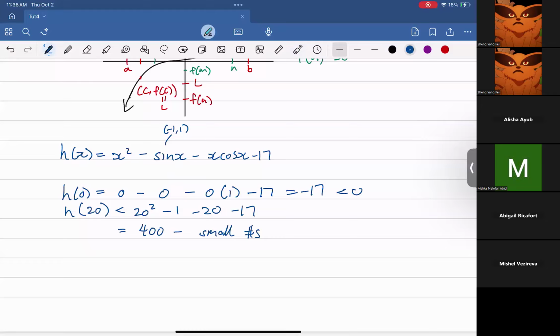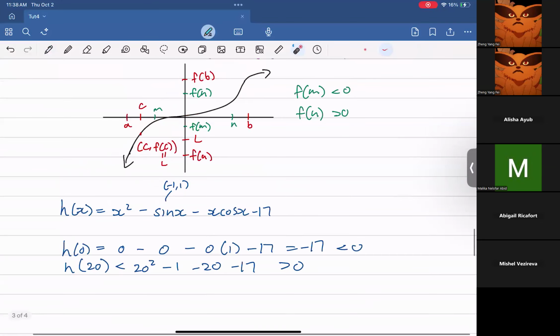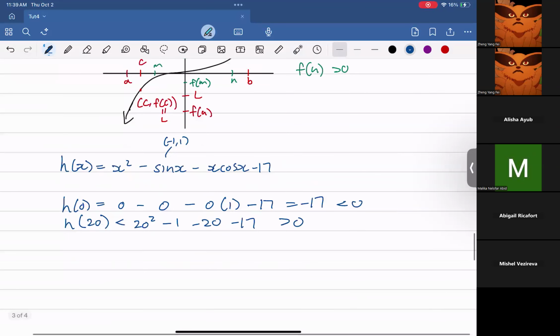So you can imagine that this is going to be greater than 0 for sure. Okay, so now what we have just done is that we found a value of m and a value of n such that f of m is less than 0 and f of n is greater than 0. So now what we can conclude is that